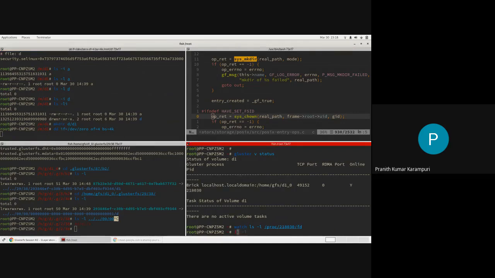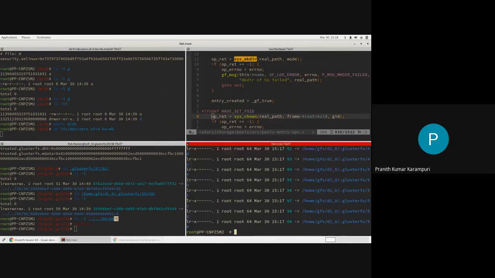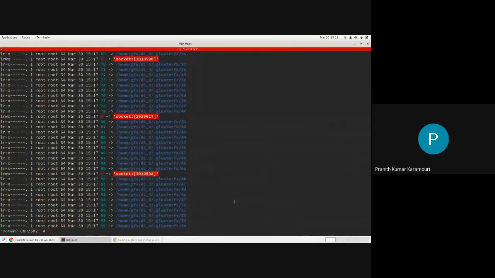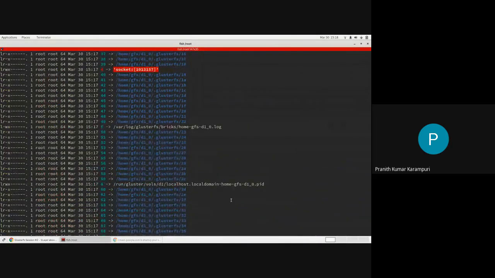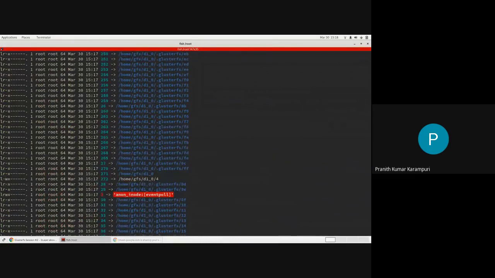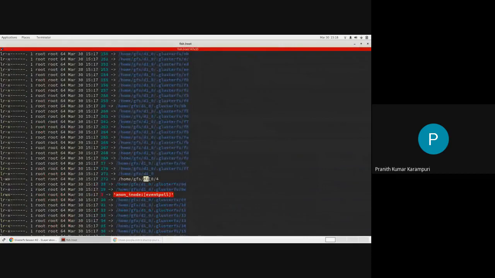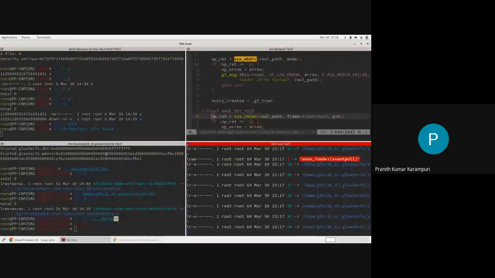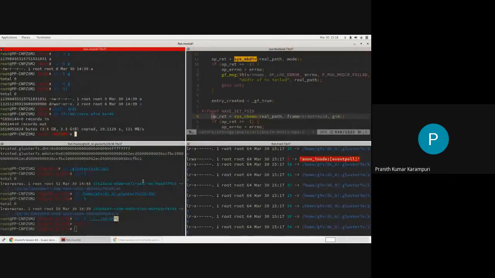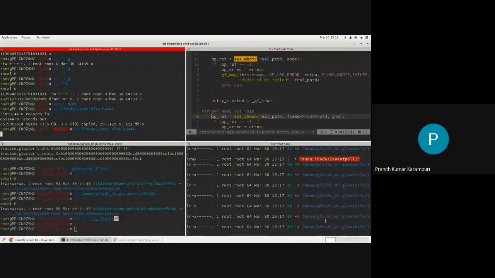If you look at ls minus l of this, there will be a file. So if you do a dd on something that hasn't been created so far, you are seeing that it is showing the actual path, right? Now let's say you do a control C and now you do one more dd on this.